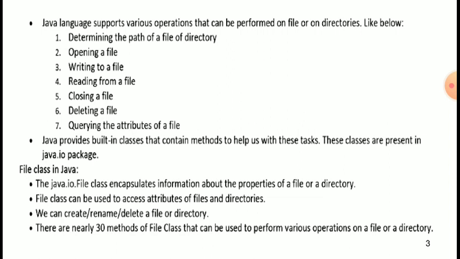Third, writing to a file. Fourth, reading from a file. Fifth, closing a file. Sixth, deleting a file. Seventh, querying the attributes of a file. So those are the 7 operations that the Java language supports.